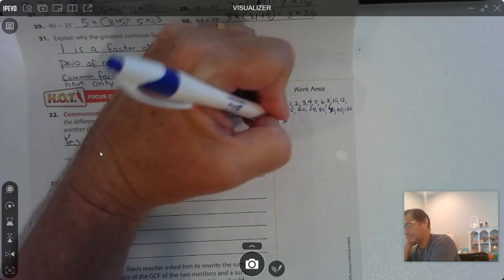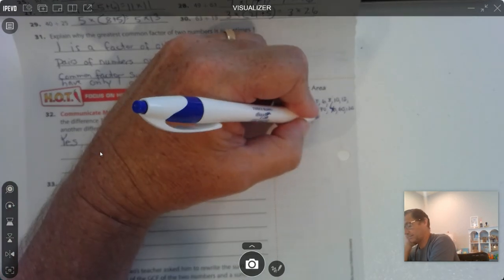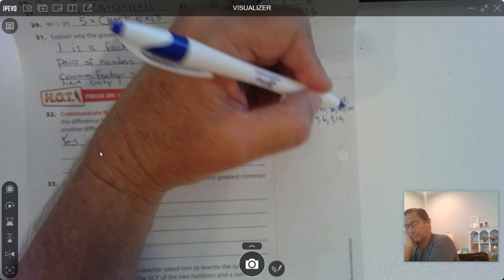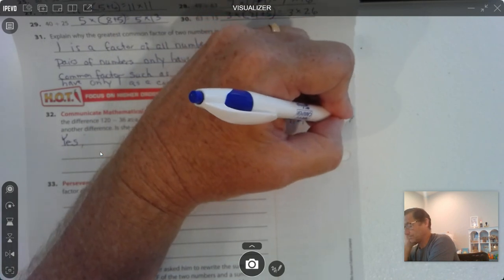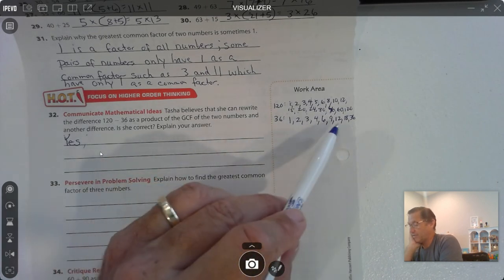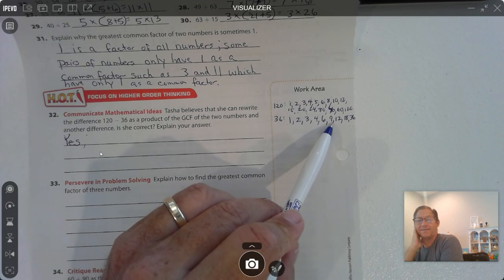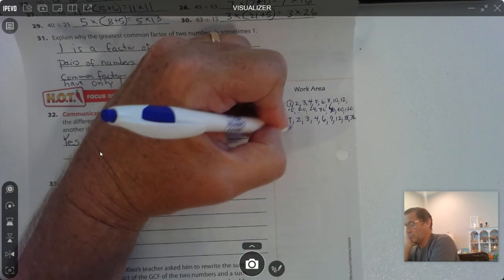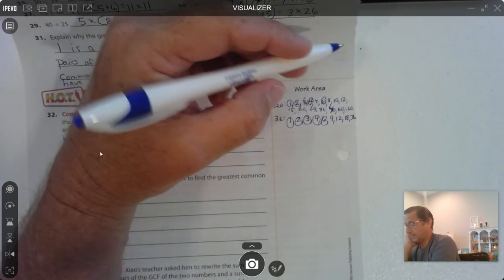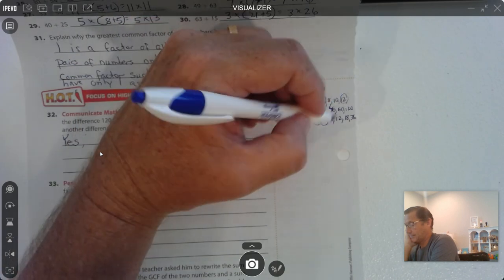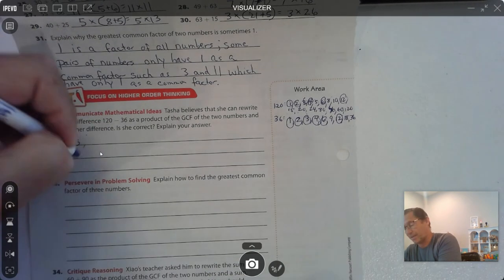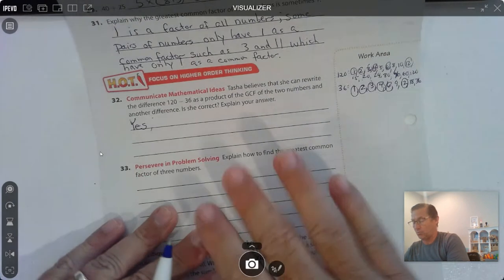And 36: okay, 1 times 36, 2 times 18, 3 times 12, 4 times 9, and 6 times 6. Common factors are 1, 2, 3, 4, 6, 12. Okay, so we can rewrite 120 as 12 times 10